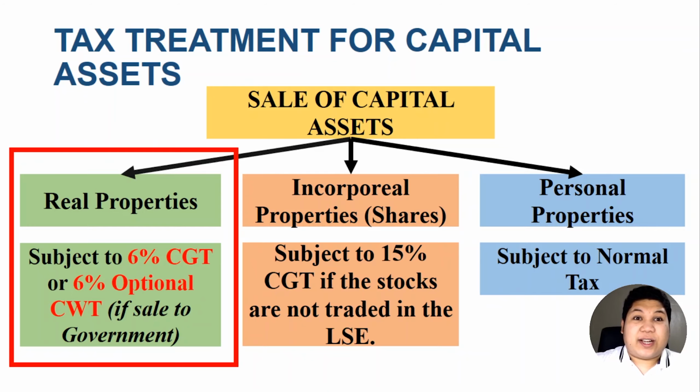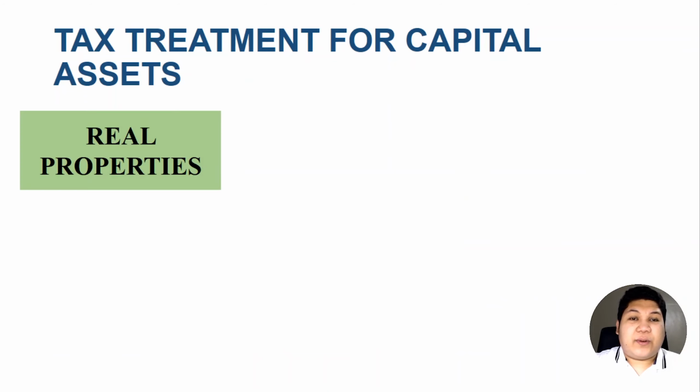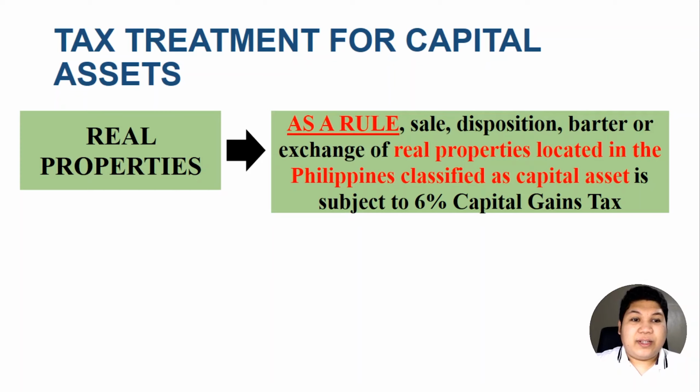So let's focus our discussion on real properties. As a rule, sale, disposition, barter, or exchange of real properties located in the Philippines, classified as capital assets, is subject to 6% capital gains tax. So that is very clear. Any real property located in the Philippines and classified as capital assets is subject to 6% capital gains tax